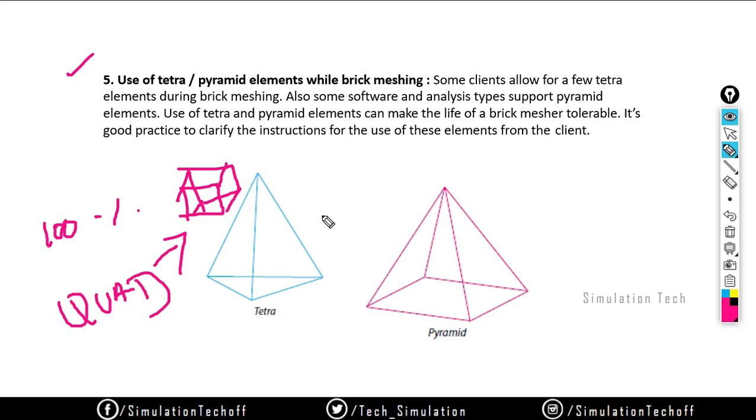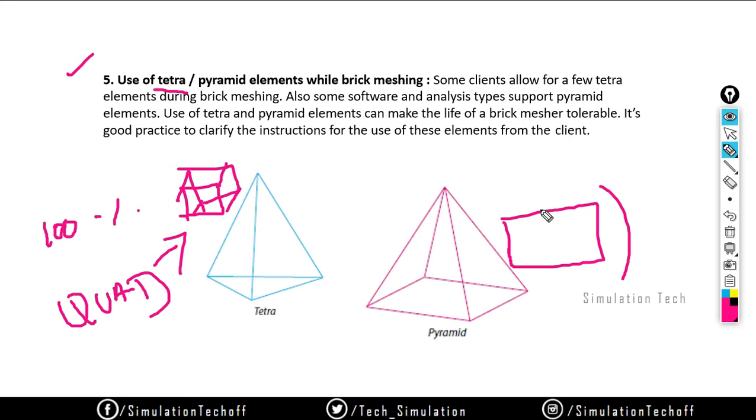So when somebody gives you a project and says I need a hex mesh, you can ask them what percentage of tetra elements you can use for curved surfaces. If it is a regular geometry, you can easily create a brick mesh, but if it is a complicated structure with a lot of curvatures, you can't use a hex mesh.